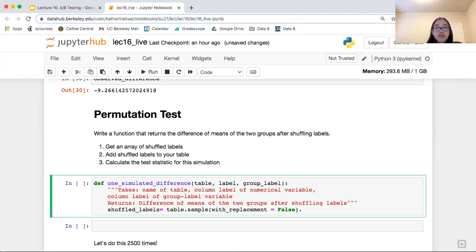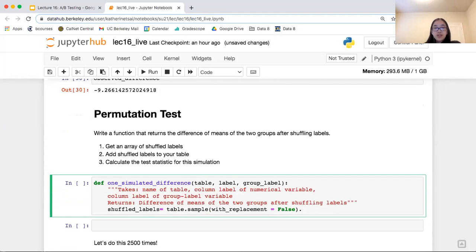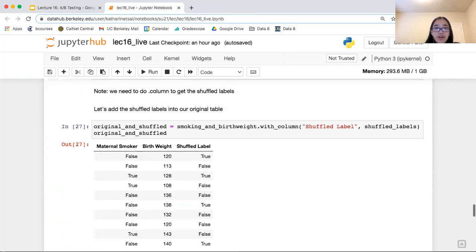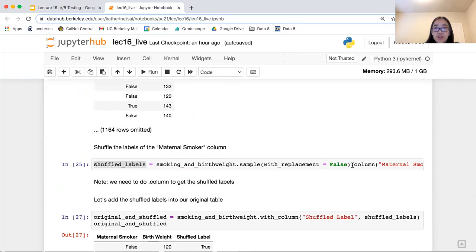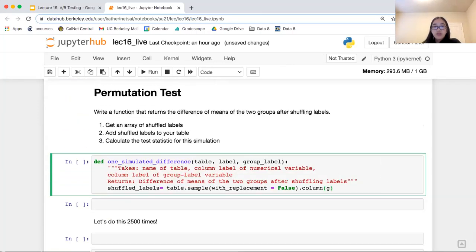But now we want to get an array from that table with all of the shuffled labels. So to get that array from the table, we're going to do dot column. And you might be wondering, what column are we pulling here? If you remember, we took the maternal smoker column because those are the labels we shuffled. So we're just going to take, same thing, the group label here.